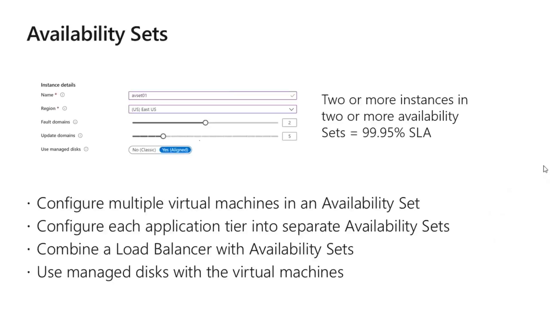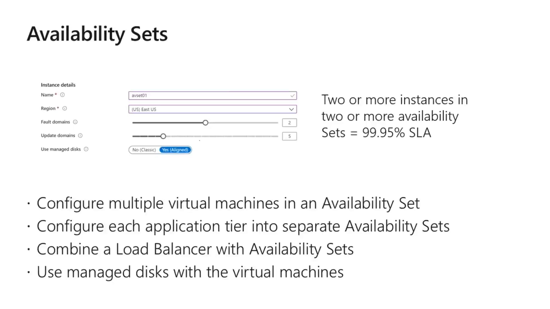Availability set. Availability set, as I told you, is a collection of fault domain and update domain. And choice is yours, how many fault domains and how many update domains you can choose. By default, maximum 3 fault domains you can choose and maximum 20 update domains you can choose as per your subscription. But if subscription changes, that would be visible when you try to use this availability set at your end using a different subscription. But by default, they will give you 3 fault domains and 20 update domains.